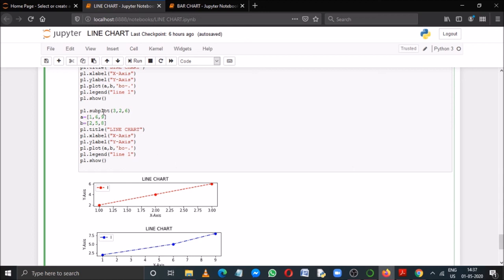Now for the third plot I have also used the subplot function, then 3, then 1, and then 3. So this will be index number 3, and then I took these two data sets and drew it. See.